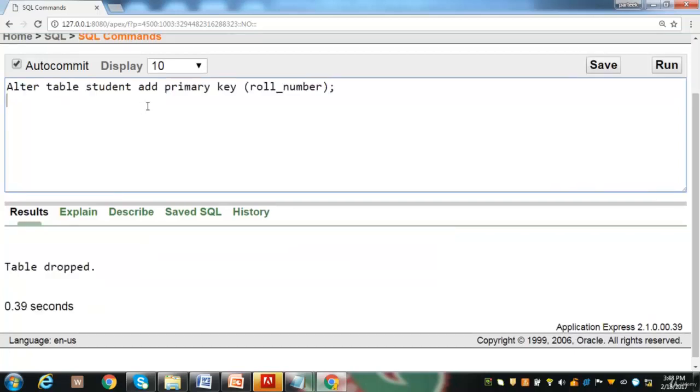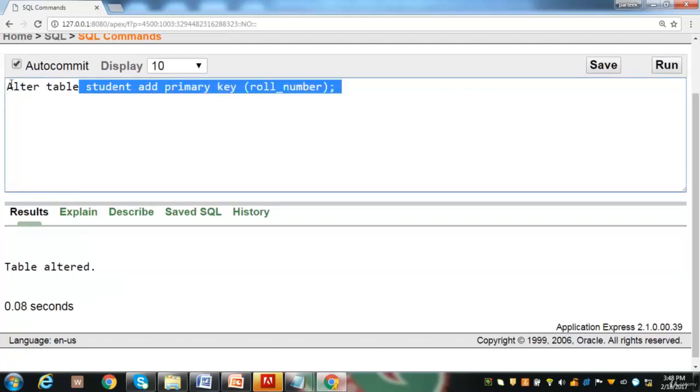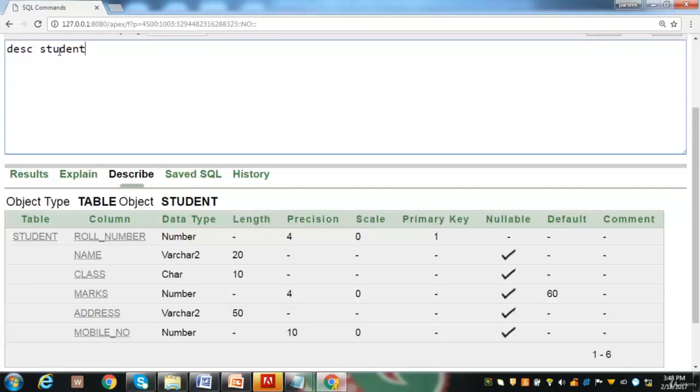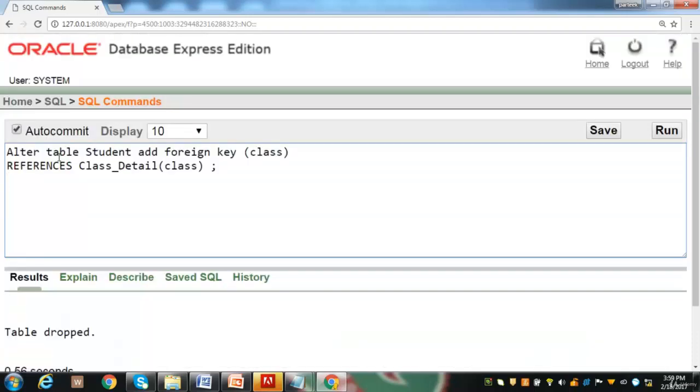Now let us add primary key constraint to roll number column of student table. Table has been altered, and describe student statement shows that roll number is now the primary key. Now let us add foreign key constraint to class column of student table, and it will refer class underscore detail parent table's class column